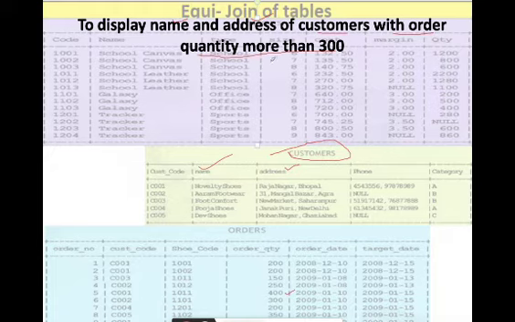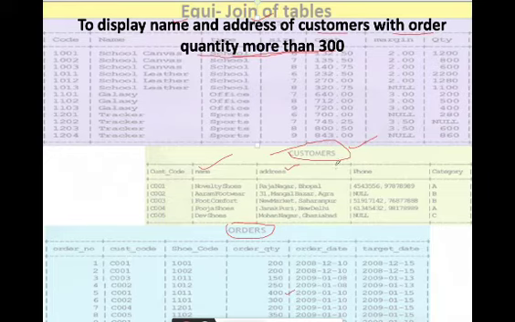So that means there is a condition which is on ordered table, orders table. Though we are displaying the data from the customer table only, but the condition which we are putting is from orders table. So that means there is a requirement of joining the tables.